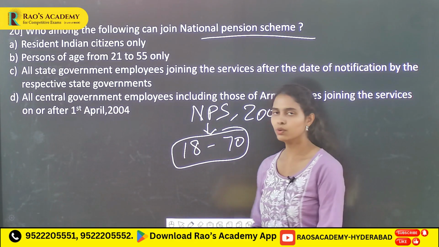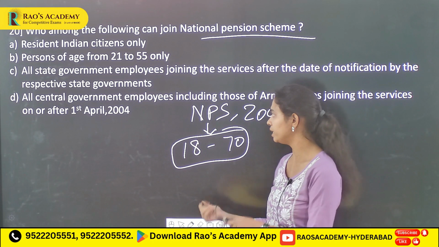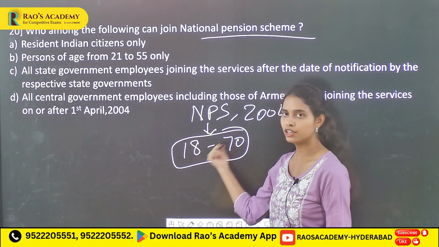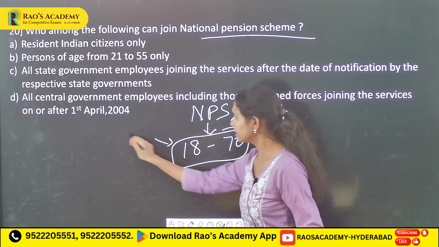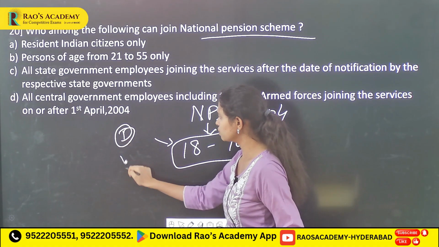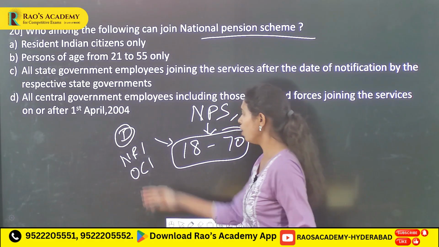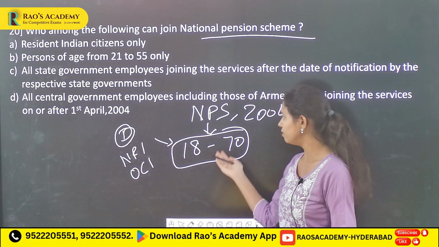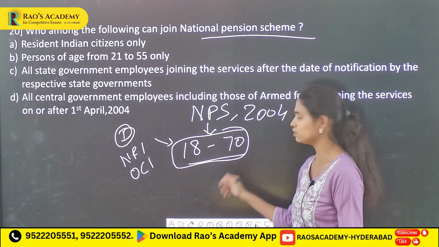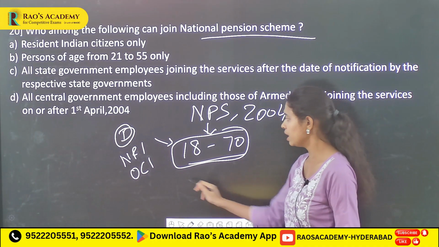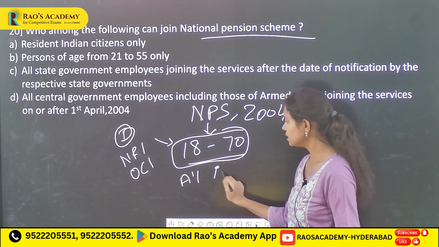Those who can avail the benefit include all Indian citizens as well as NRIs and overseas citizens of India, between the ages of 18 to 70 years, as well as all state employees